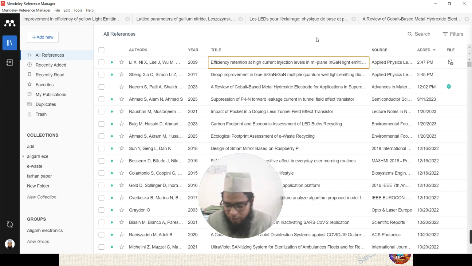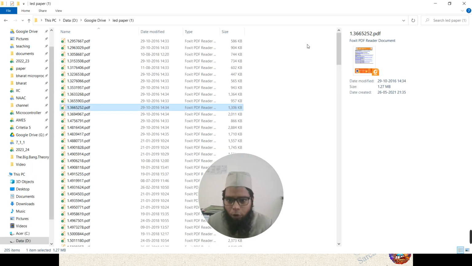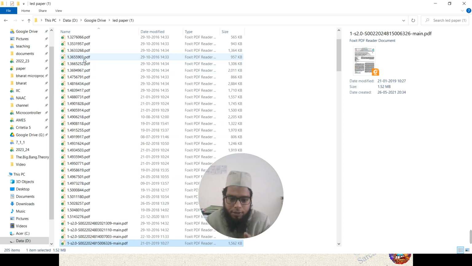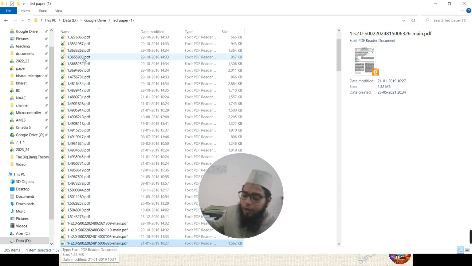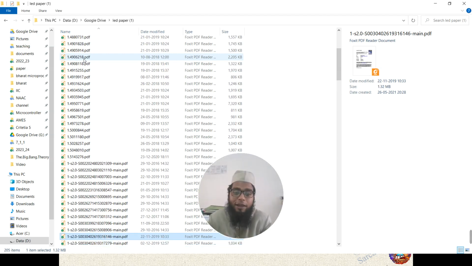How to see which paper it was? Because as I showed you when I imported a paper, this is the name of the paper. When we download a research article from the internet, the title is not the file name. The file name is different and the title is different. So sometimes searching for the paper which we were reading yesterday is a tedious task. So that's why